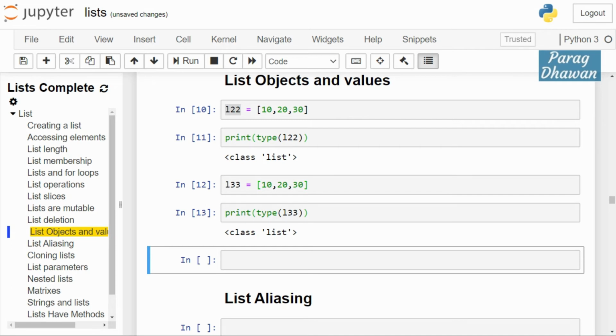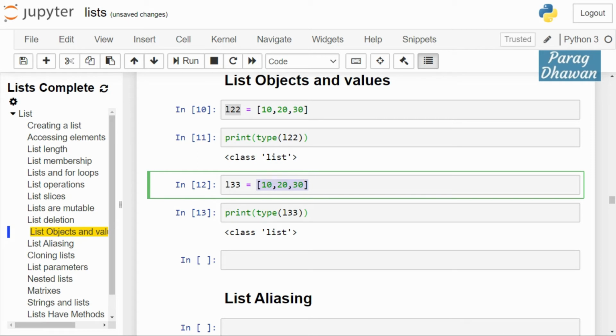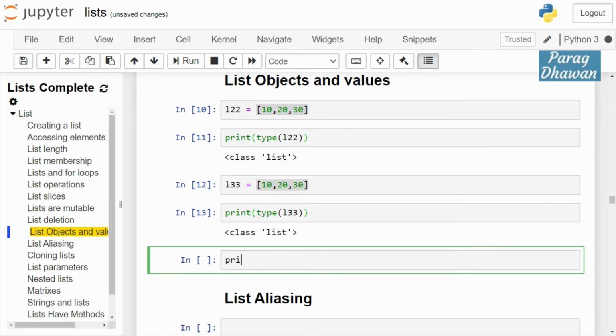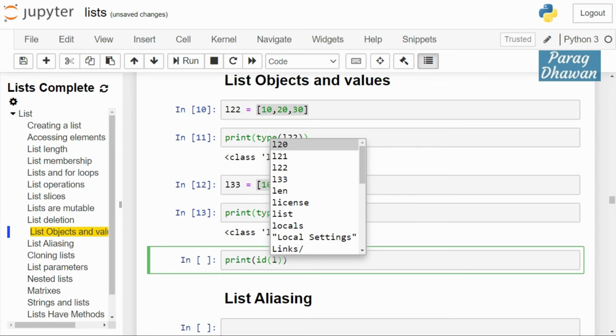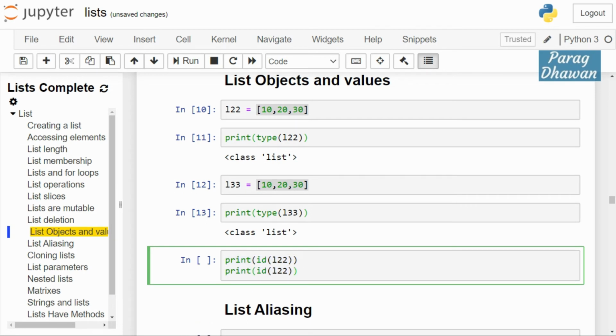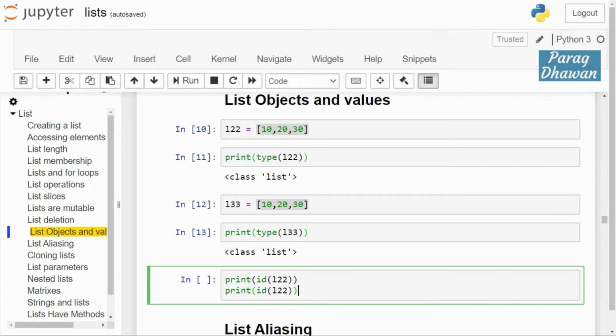Even though they are storing the same elements and the same list, the objects are unique, meaning they have their own identity and they are stored at different memory locations. To cross check that they are at different memory locations and are unique objects, we will print the ID of object L22 and the ID of object L33.